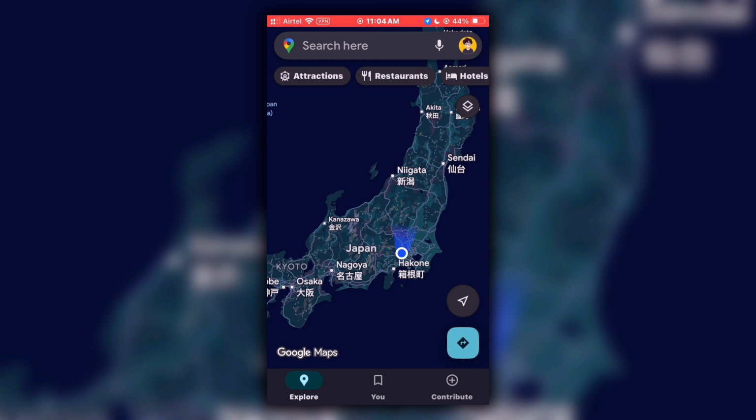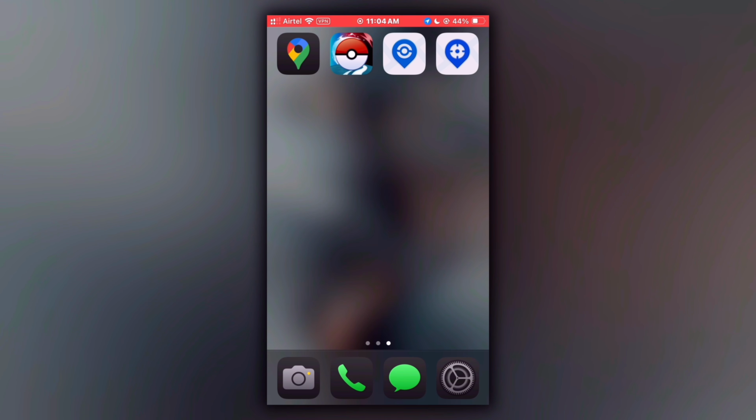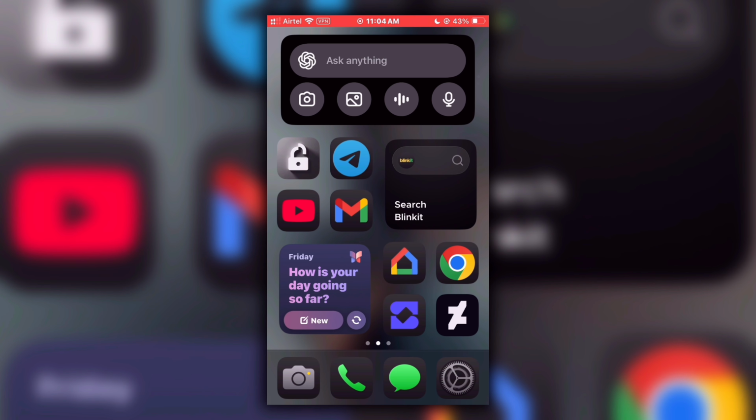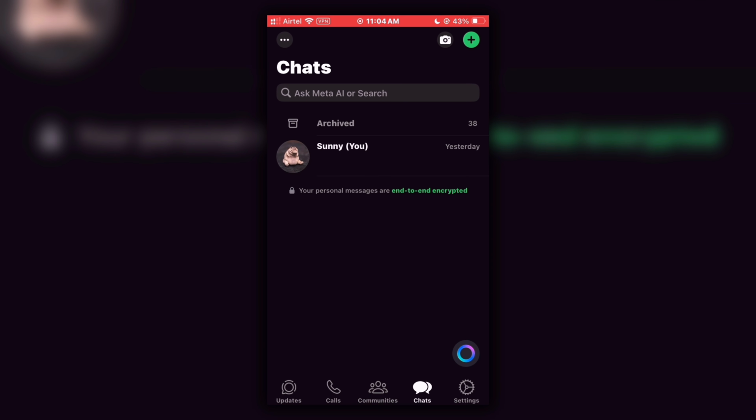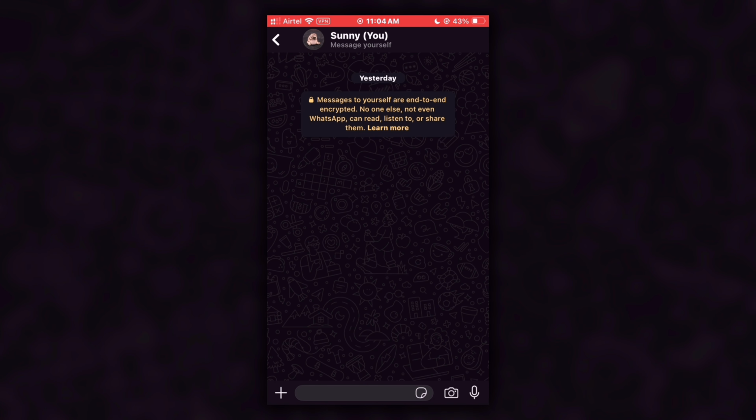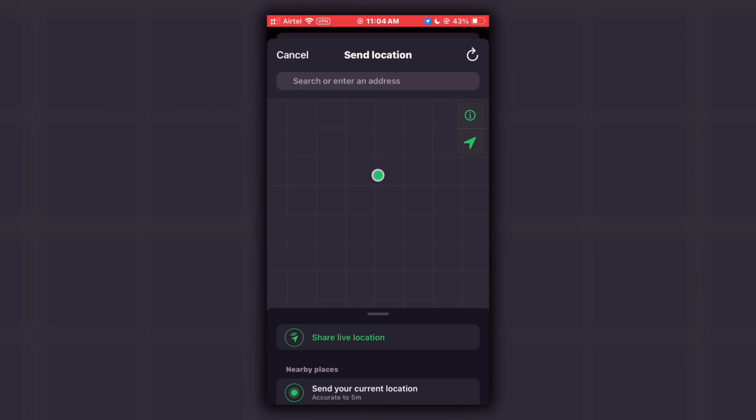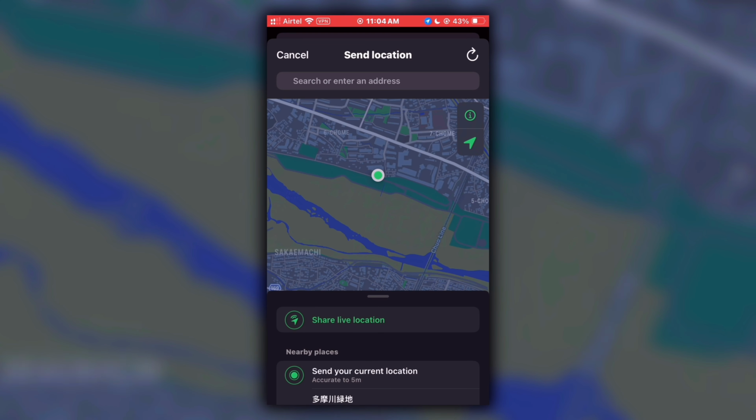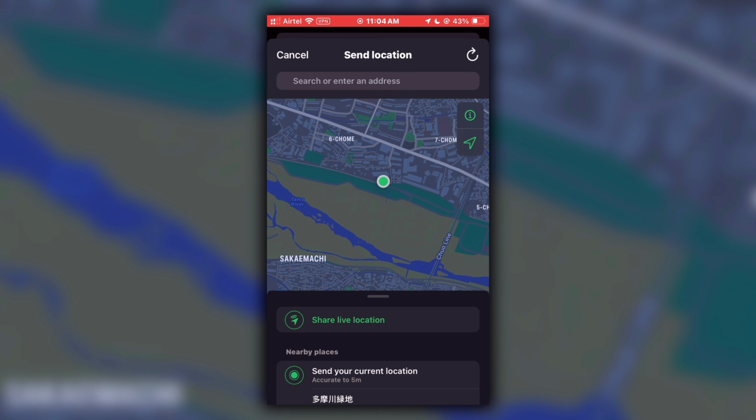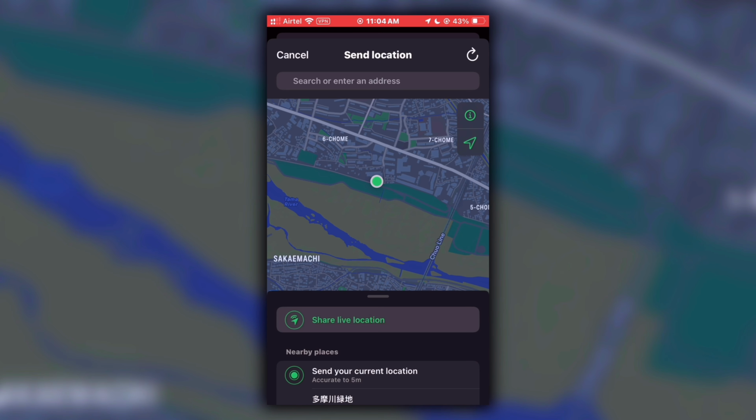Now let's try to send location over WhatsApp to someone. In case I'm going to send it to myself only, for that I will just open my WhatsApp and then click on plus icon in the lower left corner and select on location. After that, I will just click on share live location, and location will be shared successfully without any issues as